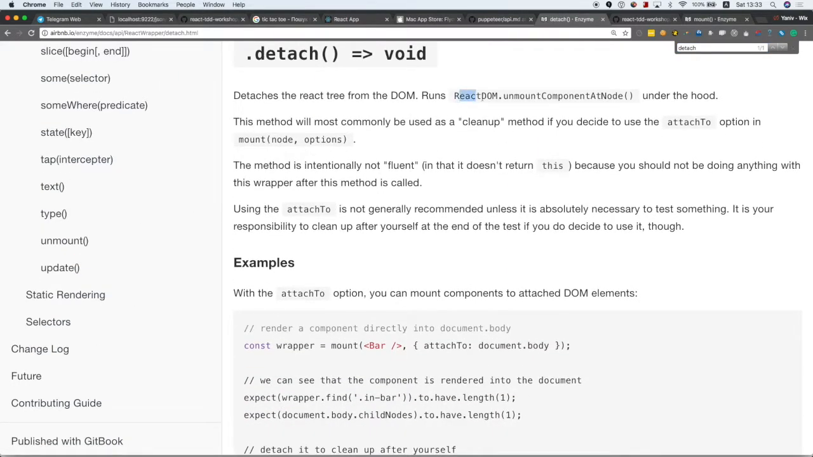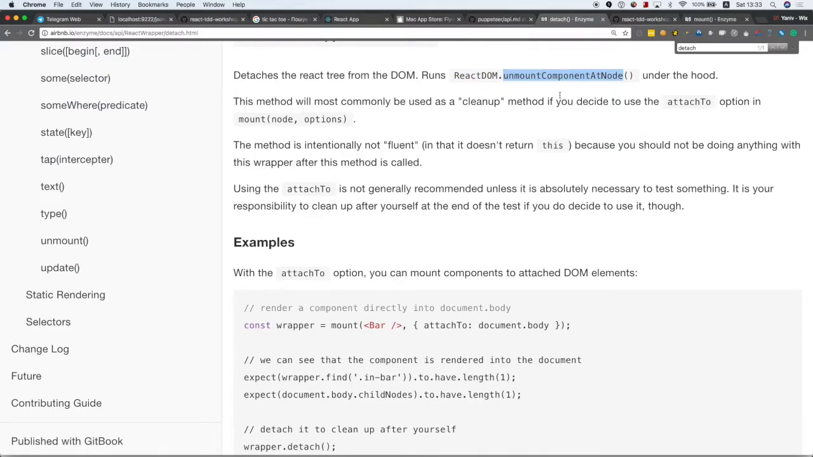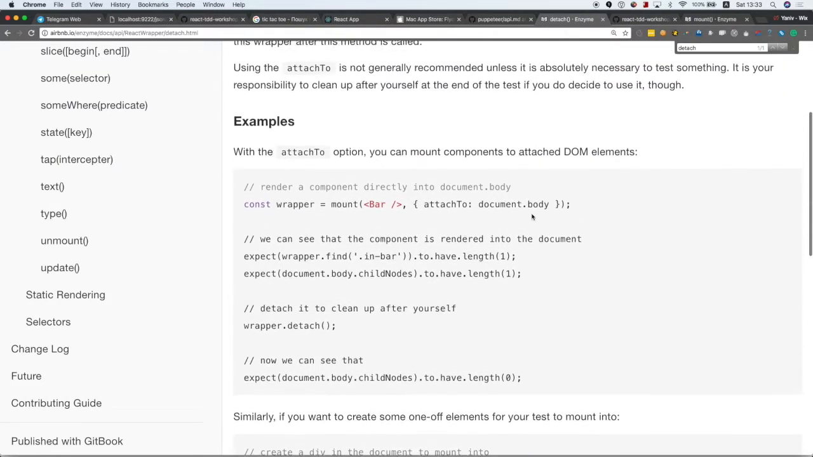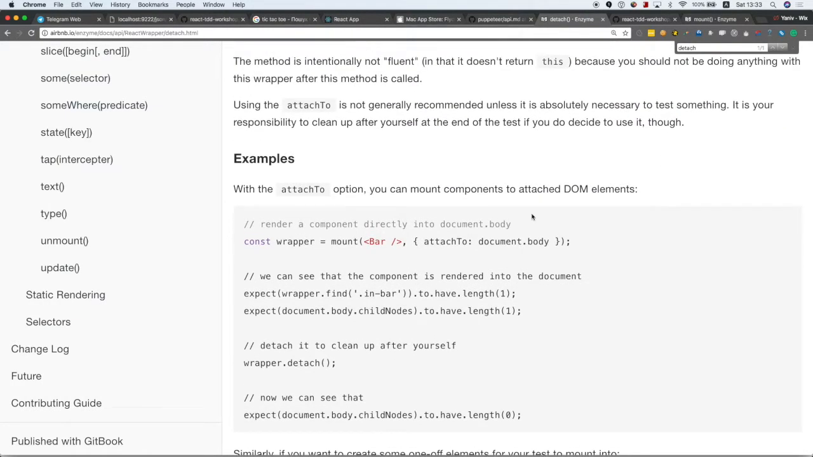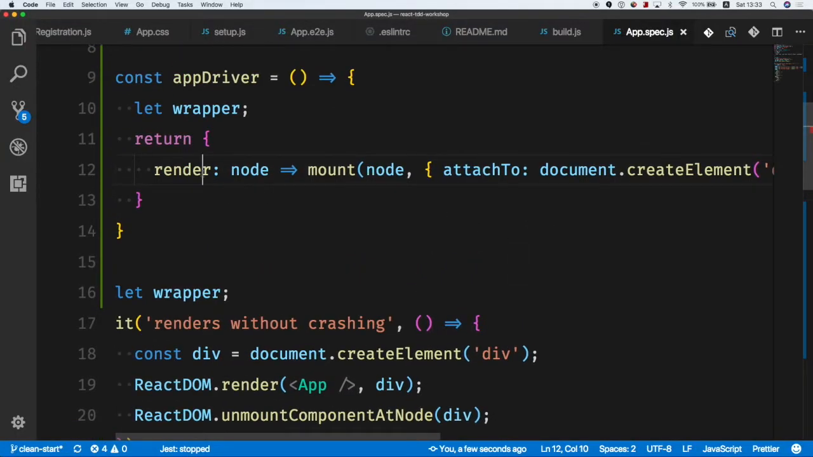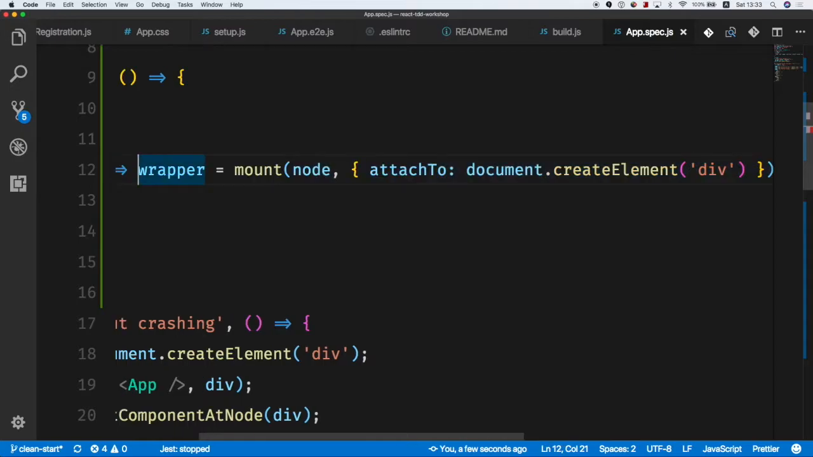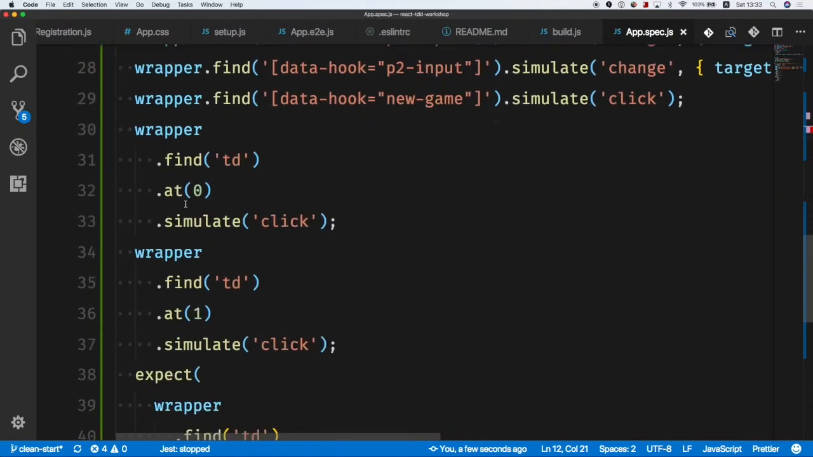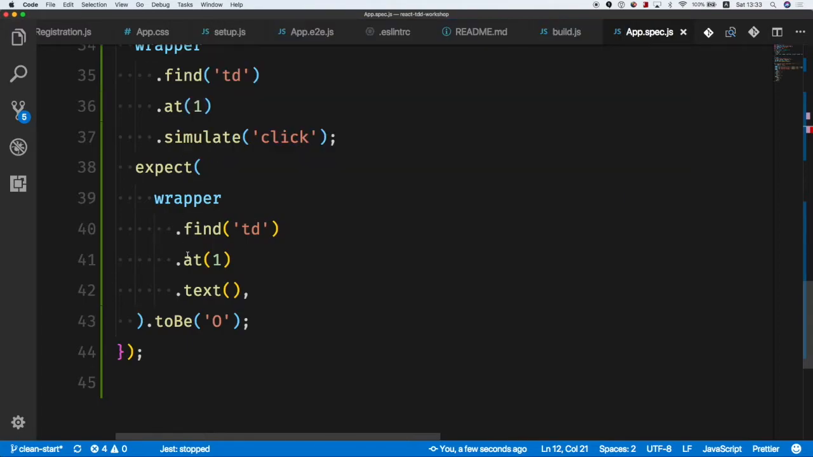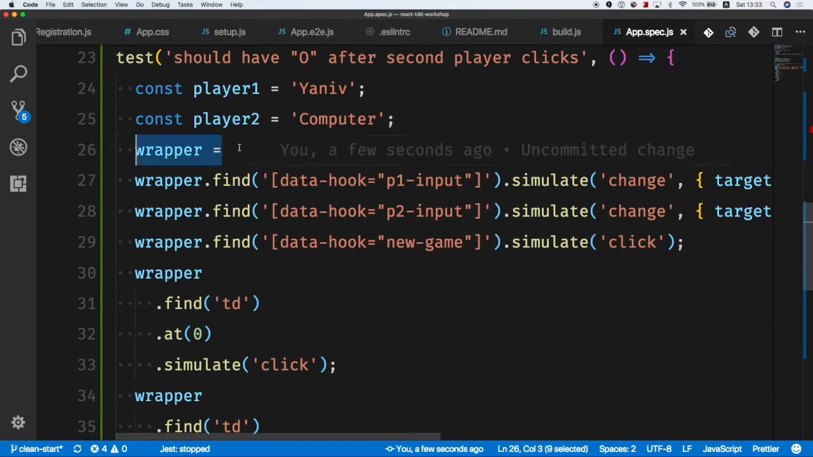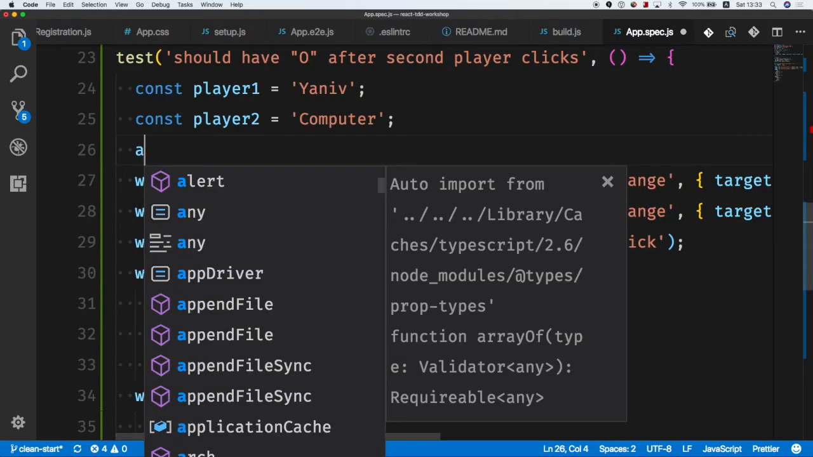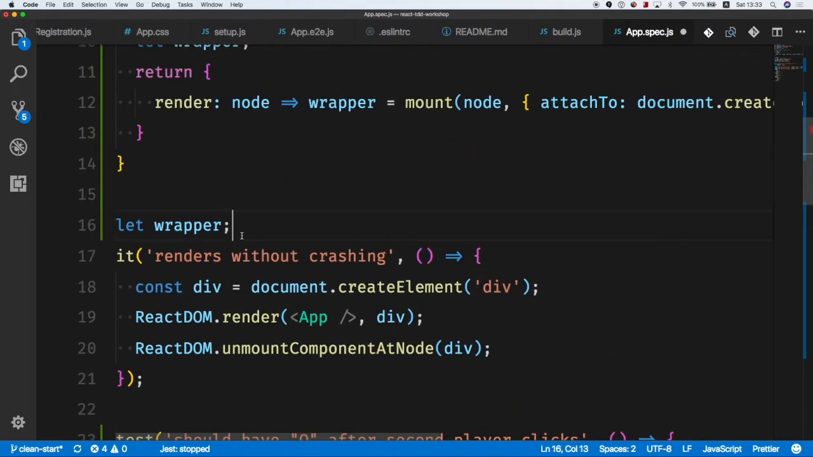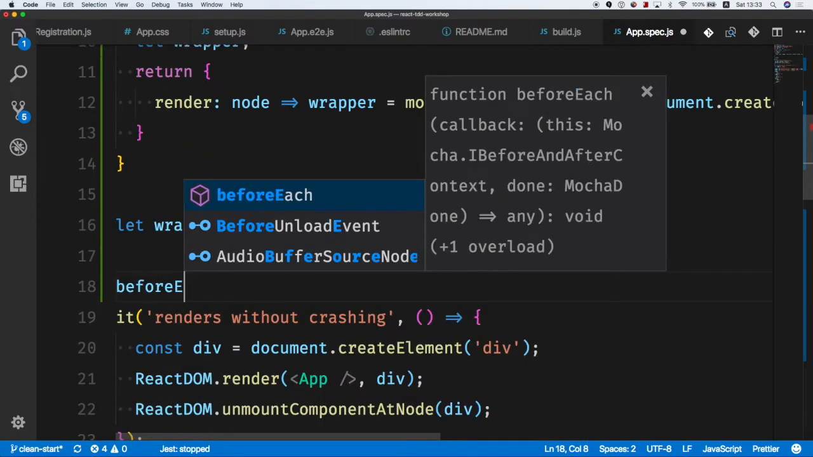Detach is actually important because it will call the unmount component at node method, okay? So it's a way of cleaning your tests, okay? So I just rendered my application. I will do something like wrapper equals mount, and I don't need to return anything here yet. So here I will use render now. I have to initialize it, so before each